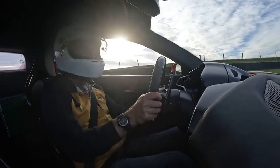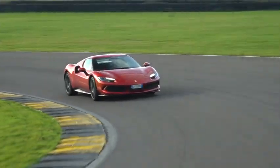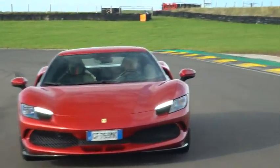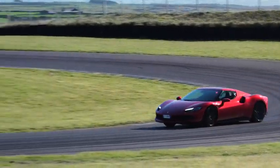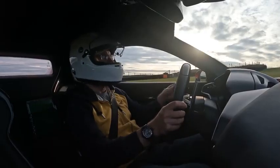Does sound pretty good, you know. And also, it is absurdly rapid. Ferraris have won this contest before. Oh, it is good, this car. It steers lightly, more lightly than the McLaren, but I think I prefer it. Changes direction really nicely. It does feel heavier than, say, the F8 Tributo or the 488, 458 and so on